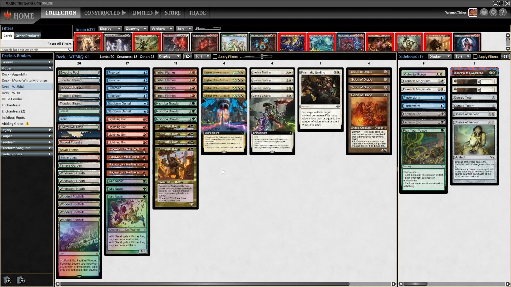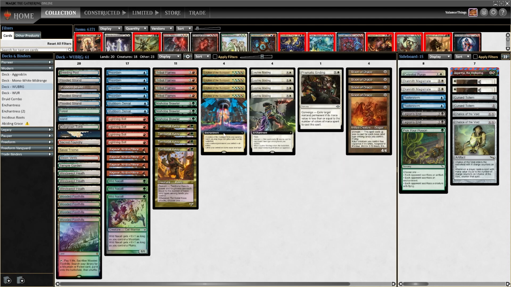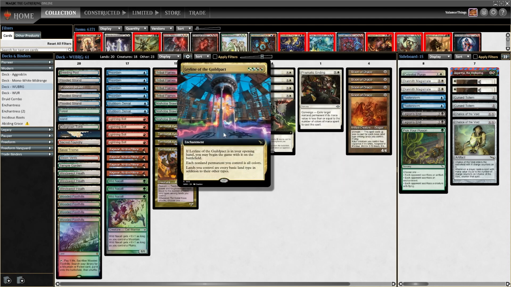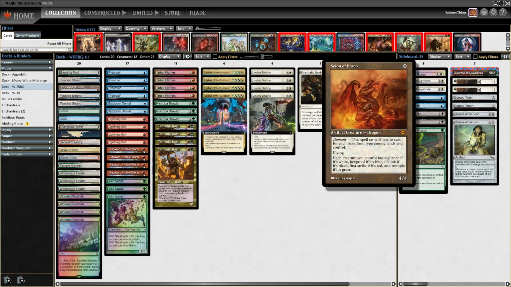Leyline of the Guildpact is super strong combined with a turn 2 Scion of Draco, because Scion of Draco says each creature you control has Vigilance if it's white, Hexproof if it's blue, Lifelink if it's black, First Strike if it's red, Trample if it's green. Leyline says each non-land permanent you control is all colors. So if you have both Leyline of the Guildpact and Scion of Draco on the battlefield simultaneously,